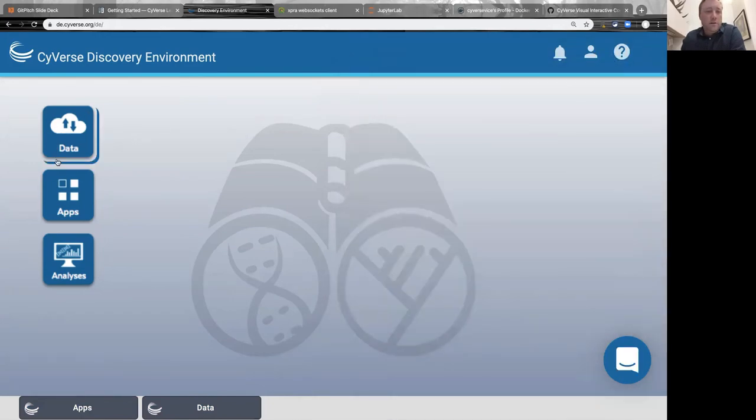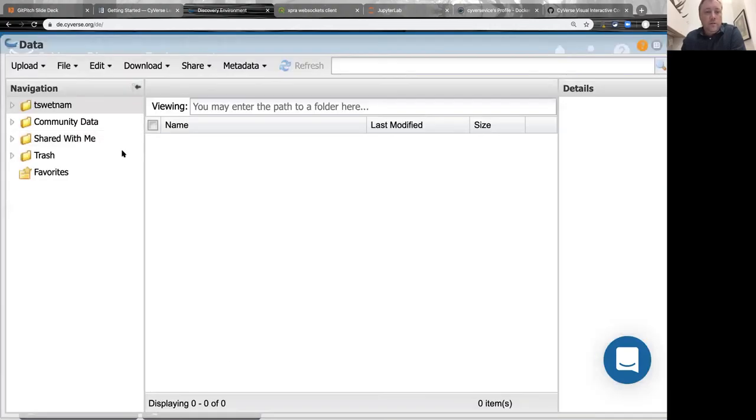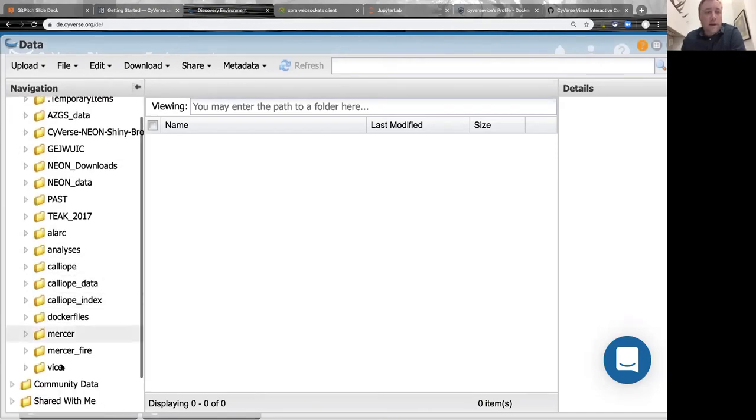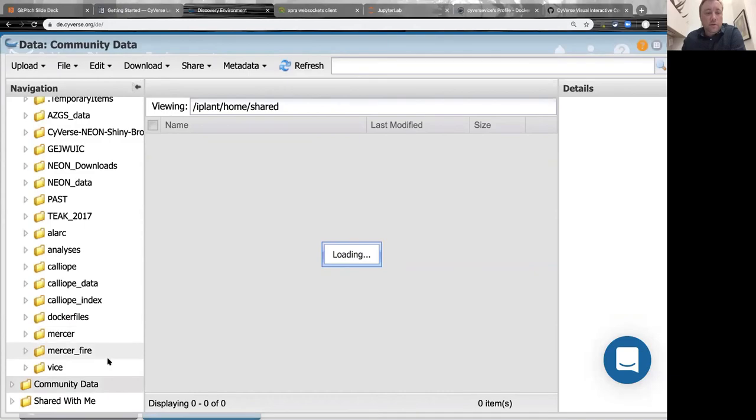So the three buttons: the data, the apps, and the analyses. The data window looks like a folder system. I can view my personal files that I've added. I can view public data, which are in the community folder, or I can view the data which have been